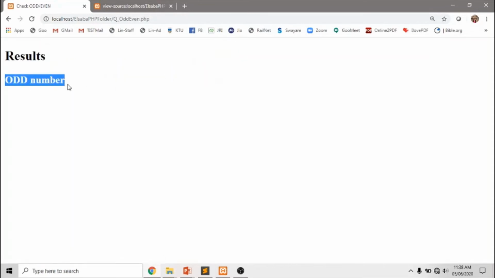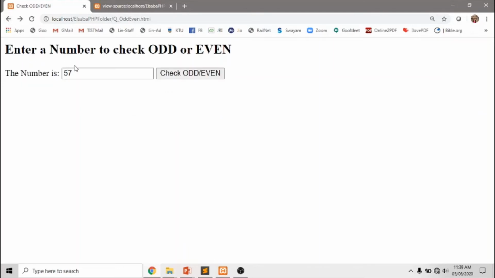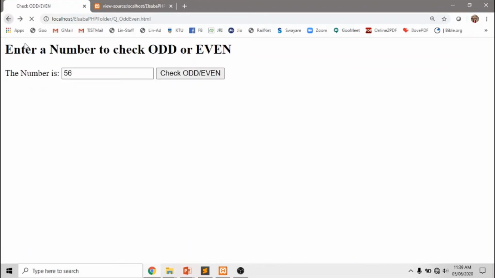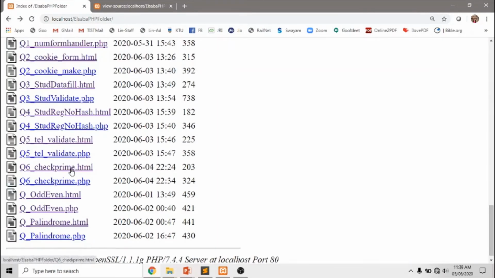Result: odd number. This result came from the PHP file, and this is the output which is sent from the server back to the client. Moving back, if I enter 56 and check, then you can get the result as even number.